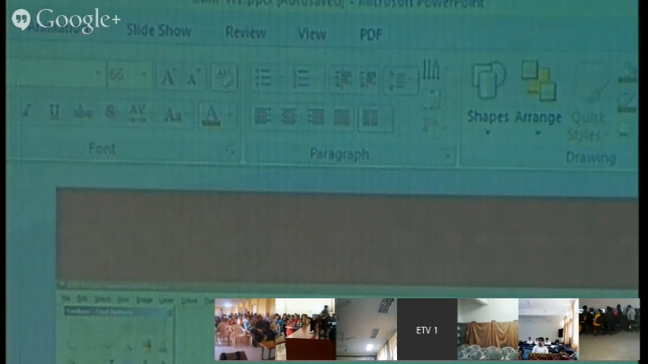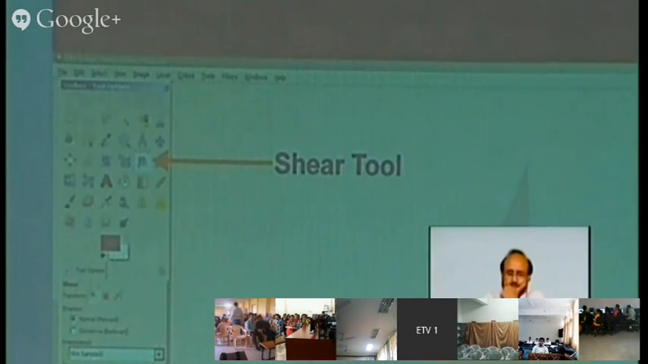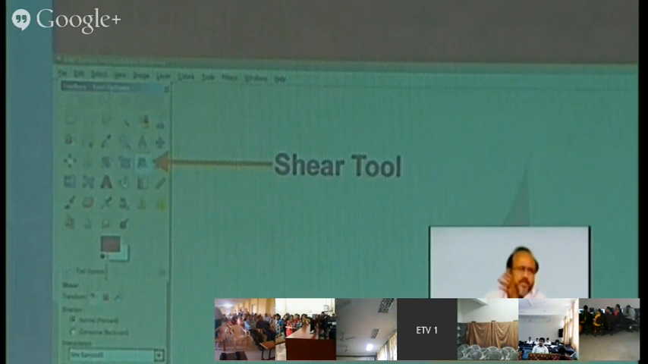This is shear tool. ये रोटेट नहीं करता, ये एंगल को चेंज करता है।